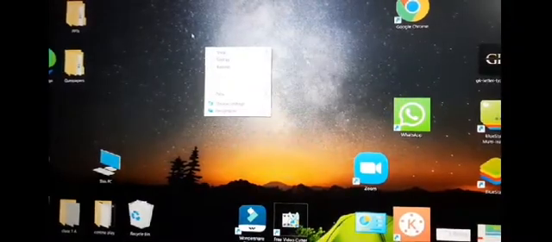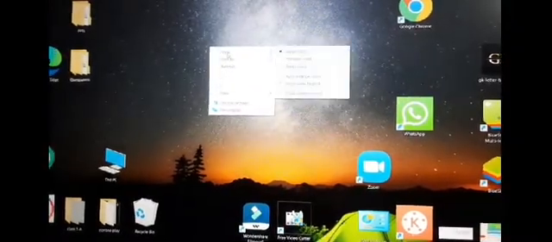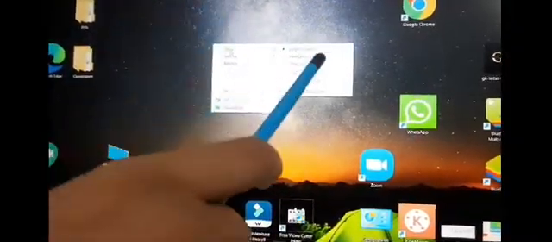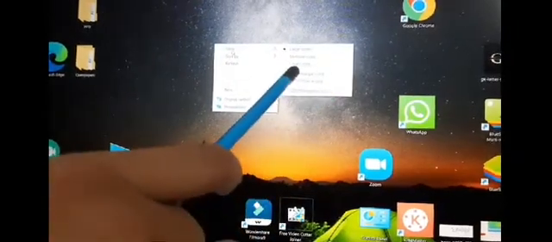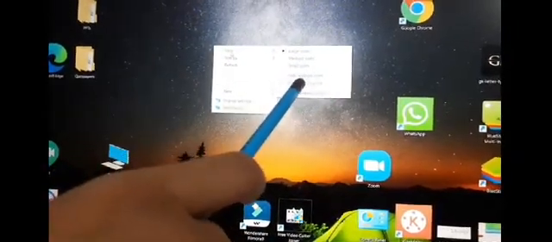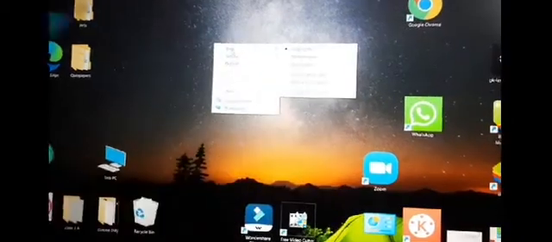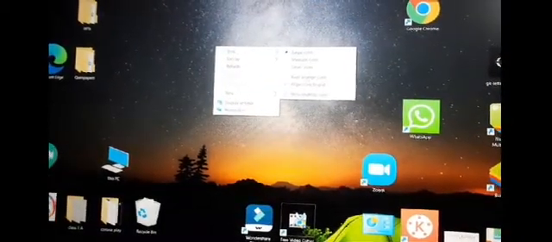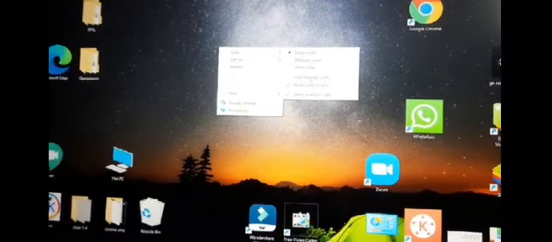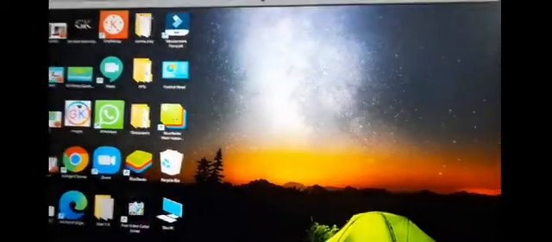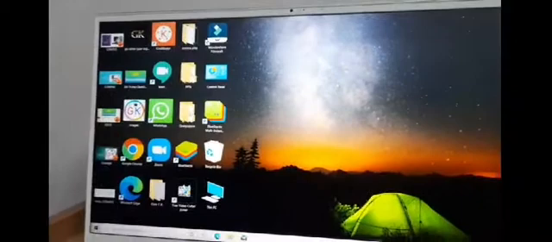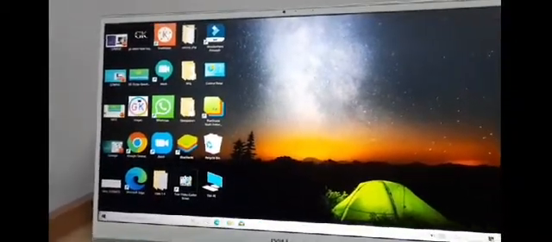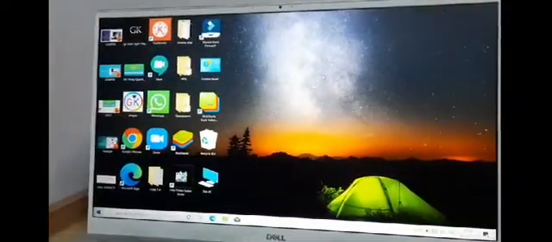You will click on that option and then you can see another box is open where the fourth one is auto arrange icons. You can see that. So what you will do, you will keep your mouse pointer here and you will click this. Then after clicking on this, you can see the change on my desktop. Now all the icons are arranged.